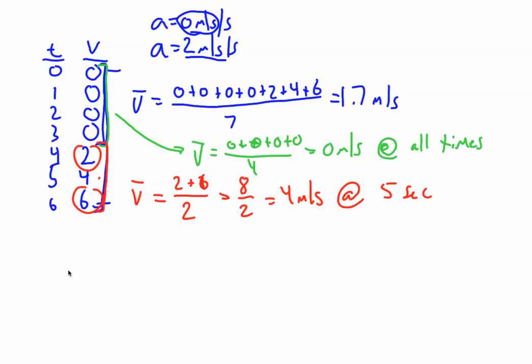Now here's one for you. Let's say that our average velocity is 20 meters per second, and let's say that the object ends up going 30 meters per second. What